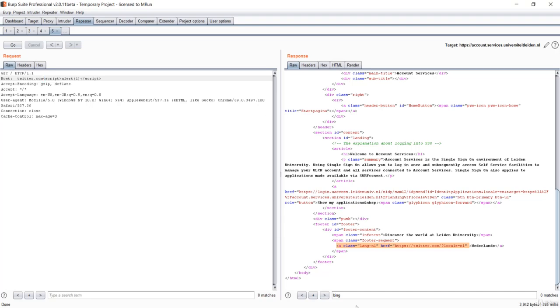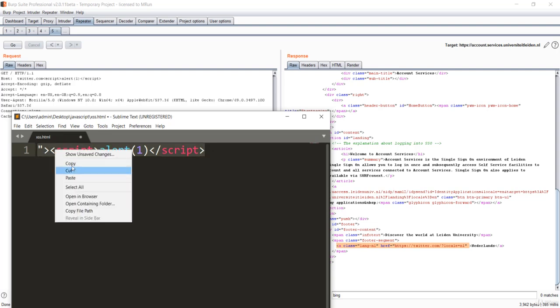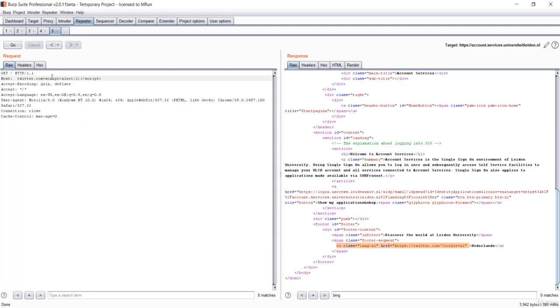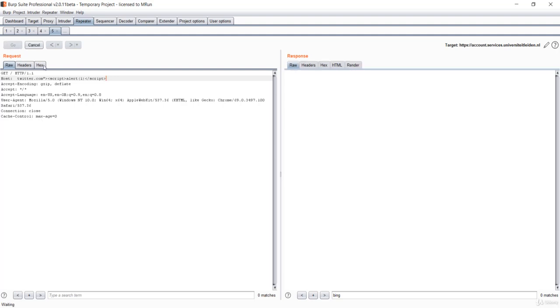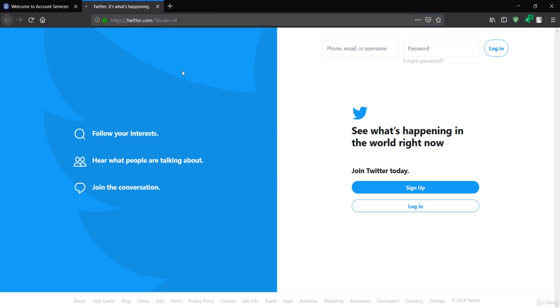So I have to make my payload again with, first of all, closing this href attribute, and after that I have to close my anchor tag, and then we'll run our script. So let's see if this works or not. So if I copy this and paste again after this twitter.com, let me paste it over here. Now let me say go. Let me show the response in the browser, and let me paste and go.